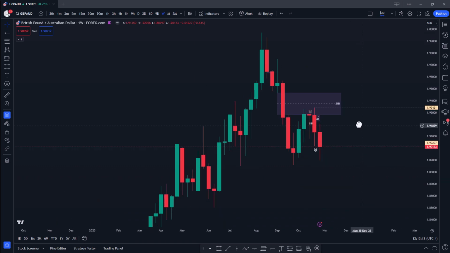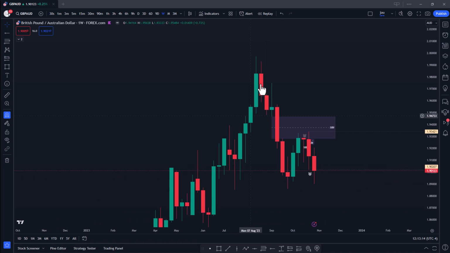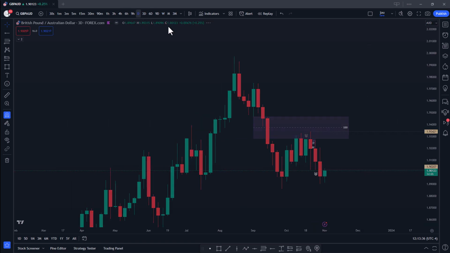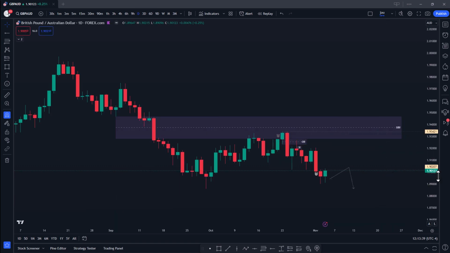So looking here, we obviously got a massive push to the upside, rallying. And then at this point, we started displacing lower, taking previous lows, and price came back to it, respecting the CB so far on a weekly chart and still pushing lower. So going to lower time frames, like let's say the daily chart there, we can see